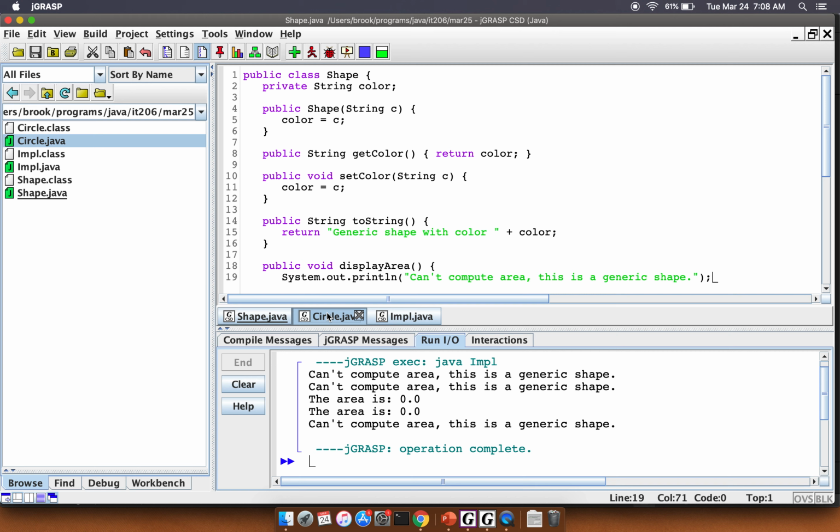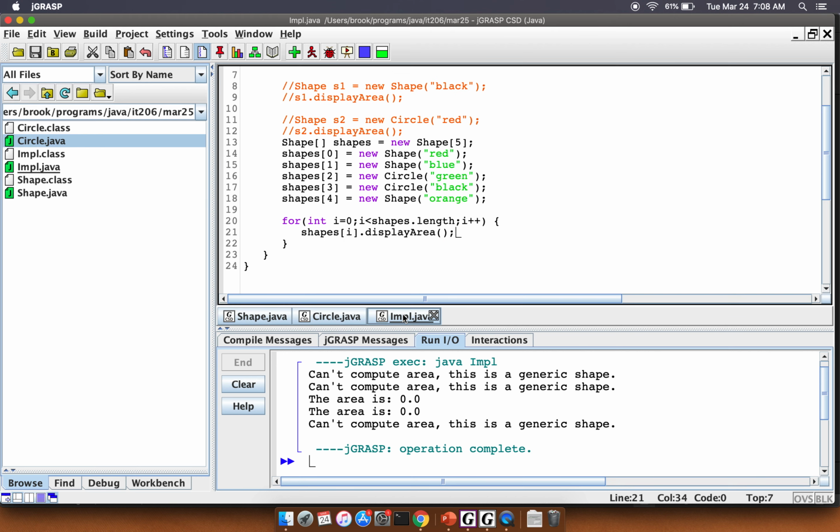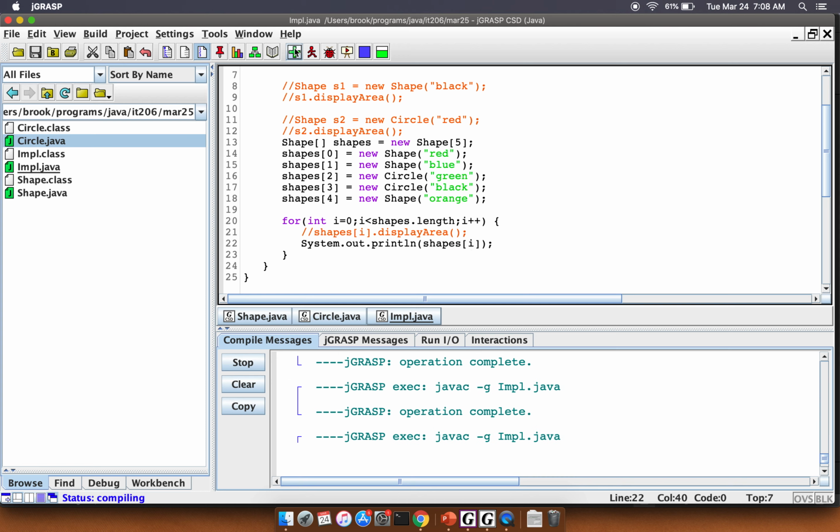That's another example of overriding. So let's comment this out and just do a System.out.println of shapes[i]. Remember, when we try to print out an object, by default it goes back to that toString method. And so if I compile and run this,